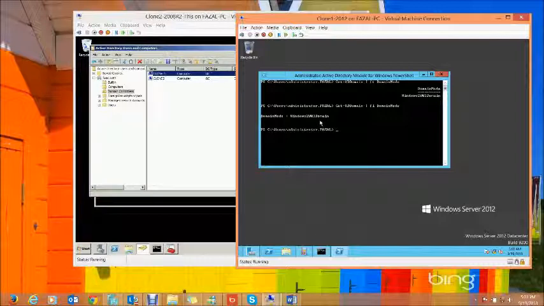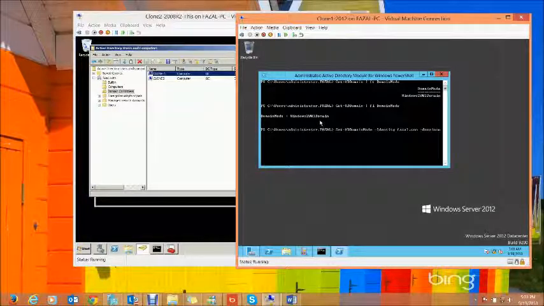Okay, so to do this, the commandlet is Set-ADDomainMode, and I'm pressing tab over here. Minus Identity, over here you give the name of the domain.